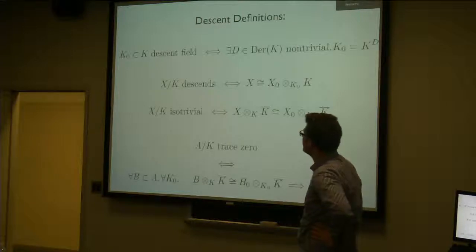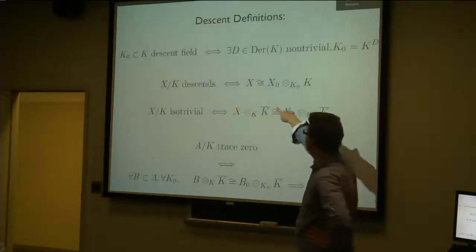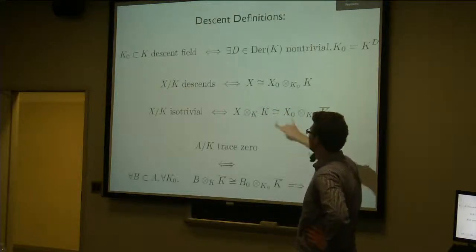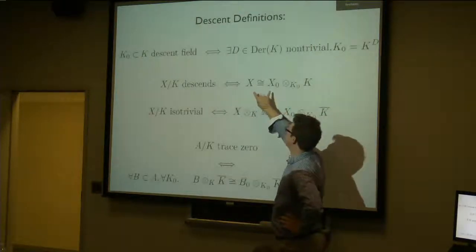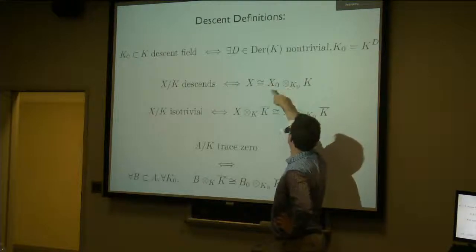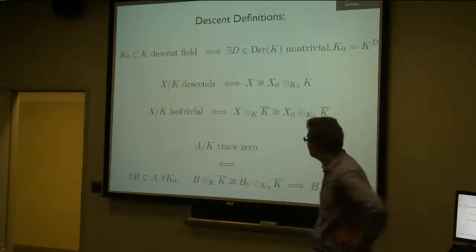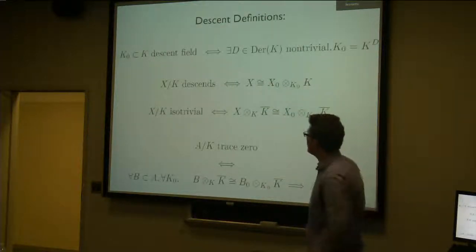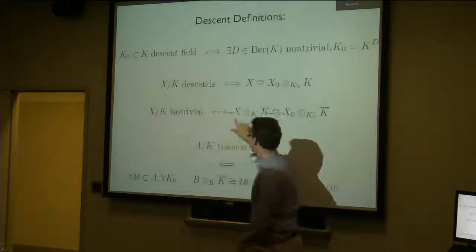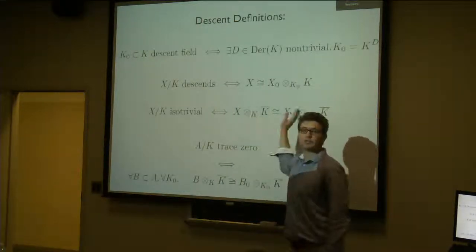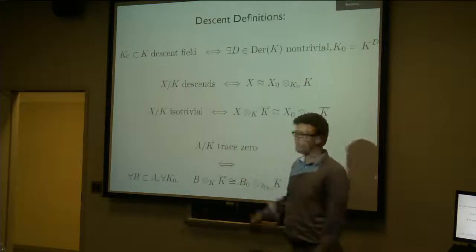We're going to say that X over K descends if there's a subfield, a descent field, such that X is tensored up. It comes from something defined over K0, and you tensor up via K to get it. We're also going to call it isotrivial if you have an isomorphism after taking algebraic closures. So you have the same thing, but now you're just going to take